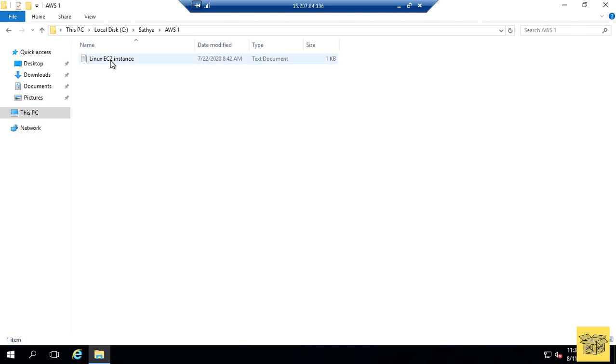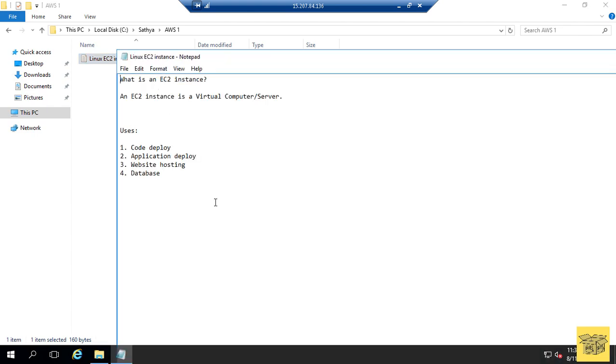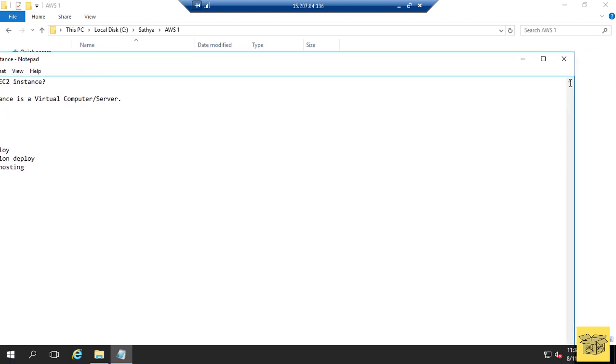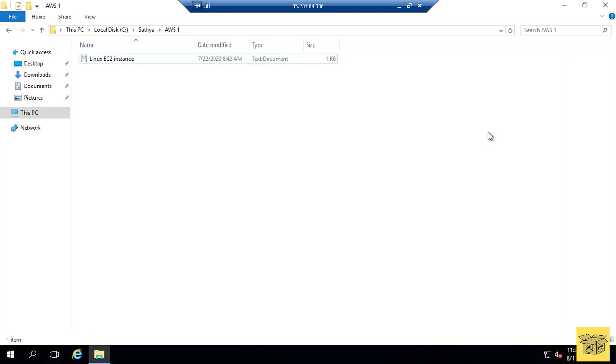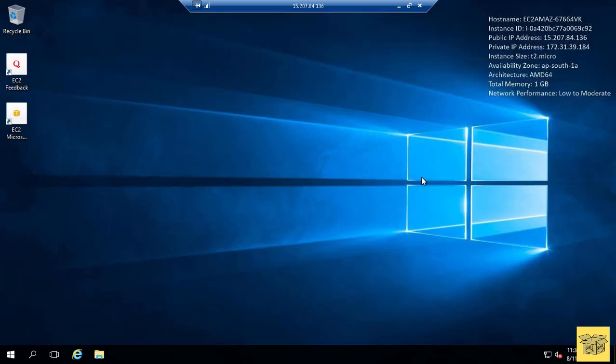So that's it, the contents are pasted. As said earlier, you can use this Windows EC2 instance for deploying your application and website hosting. You can store data in this EC2 instance and maintain it as a database. So this is just another Windows system, so you can use it for whatever purpose you want.